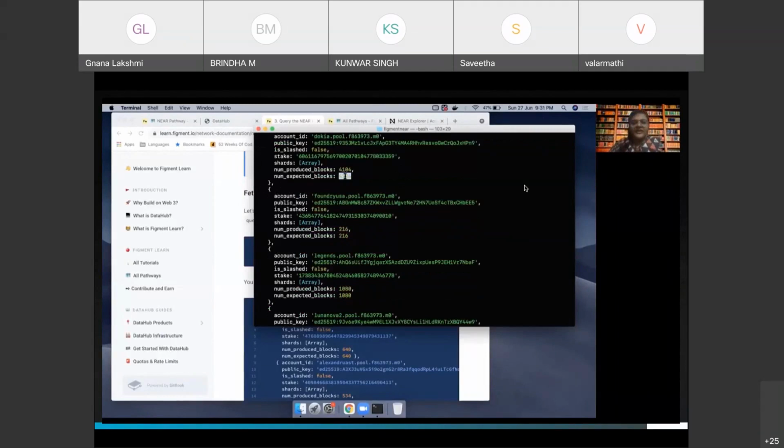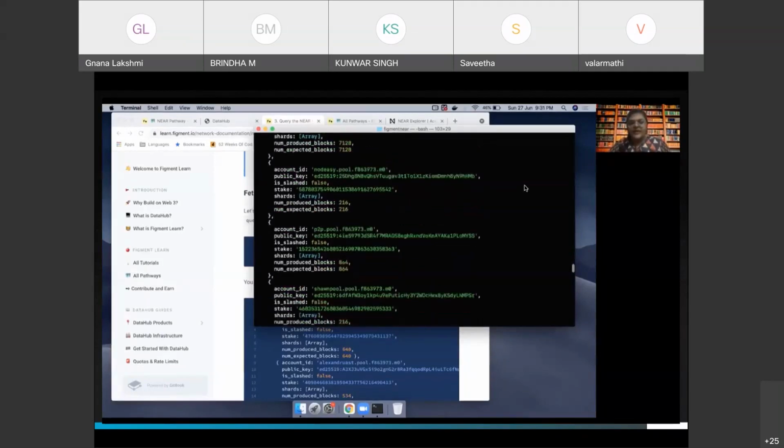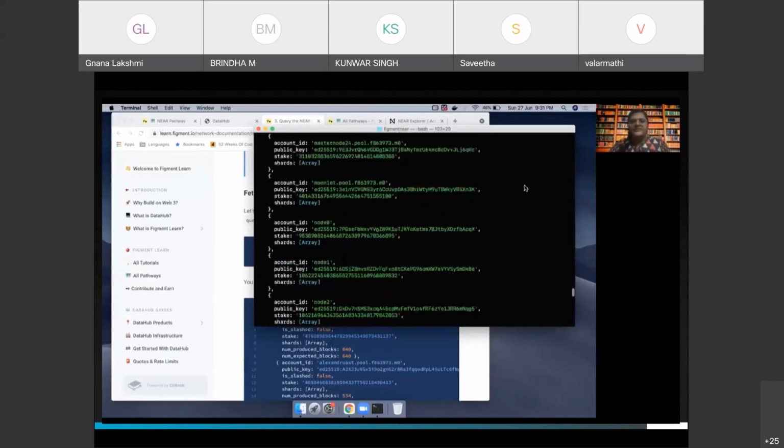So they are getting more opportunities to produce blocks. So you can stake with them, or you can stake with somebody who's produced fewer blocks, if you feel like this person may get more opportunity to produce blocks, etc. So you can see what nodes, what is their account ID, etc. Right? So all the details.